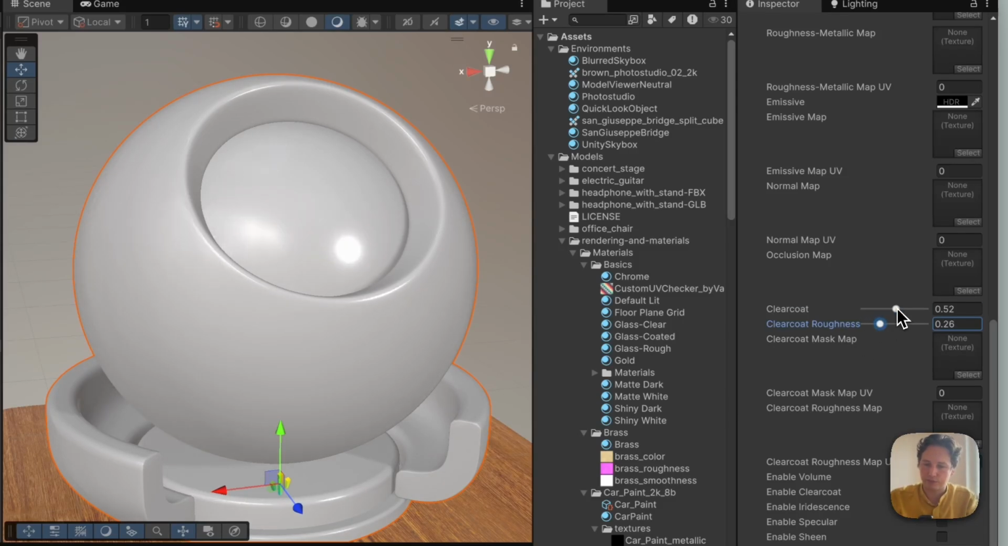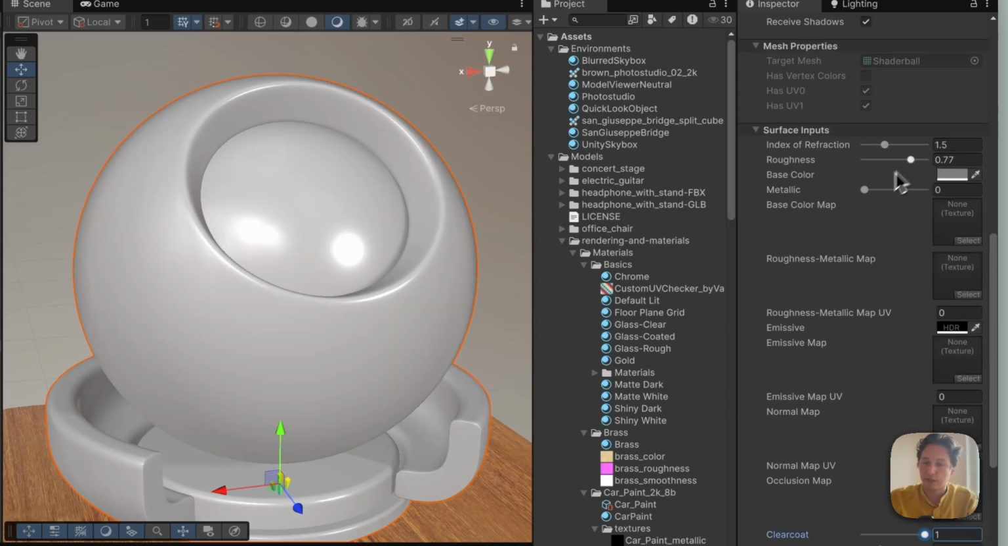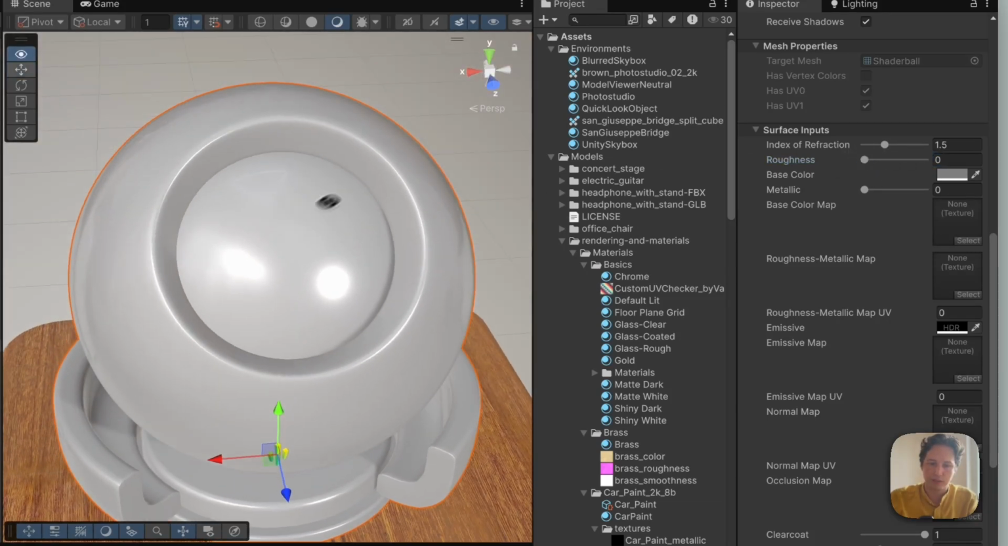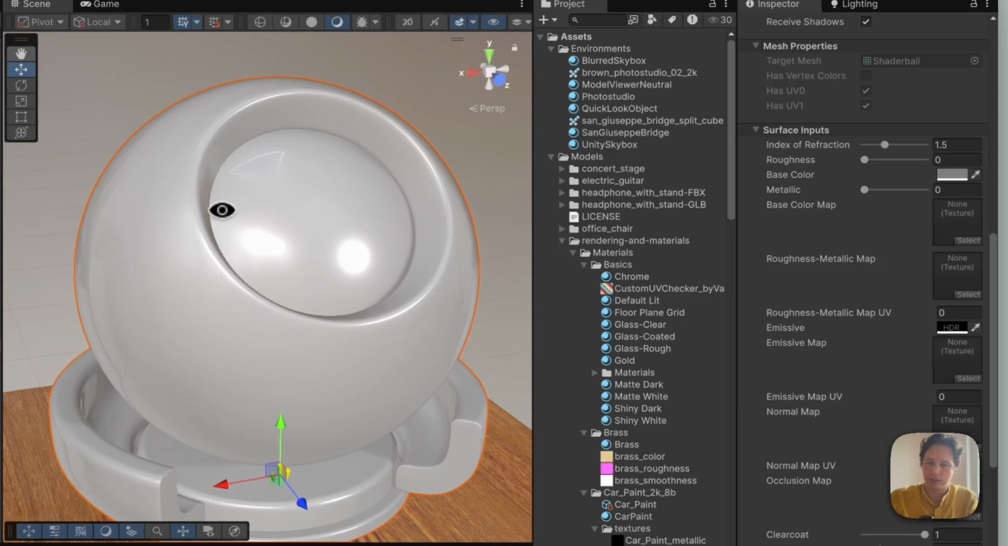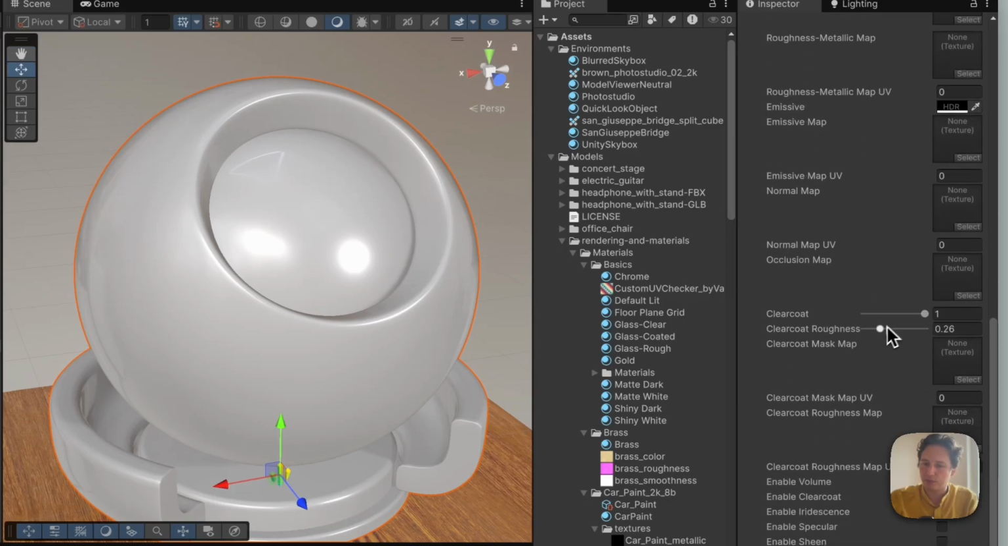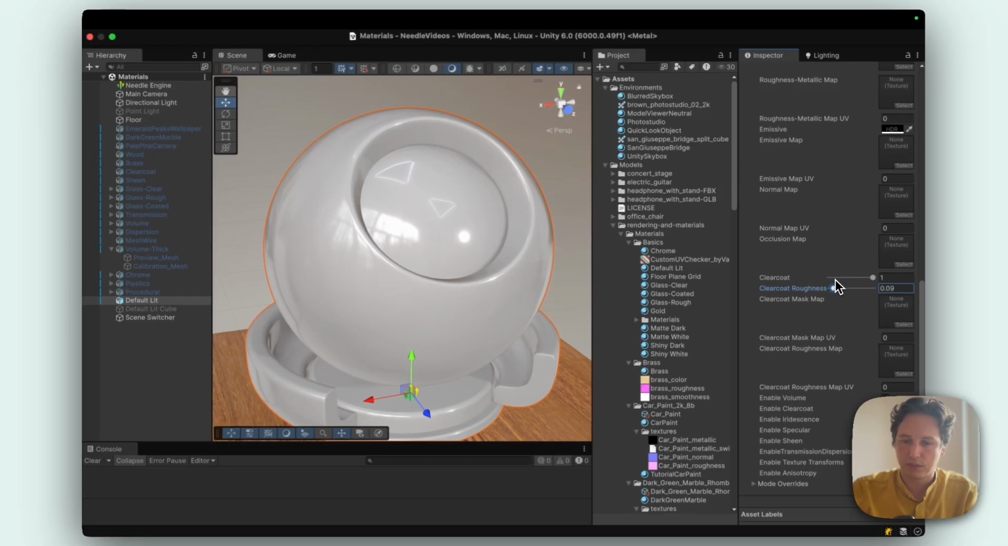So now we have separate roughness sliders for our base layer, which you can see if we put it all the way to 0, then we get our shiny reflections back. And now we have a coating on top that's actually matte. So we can coat this object